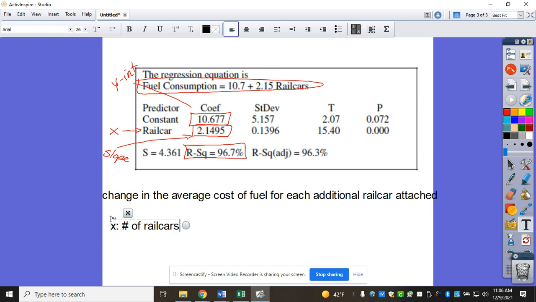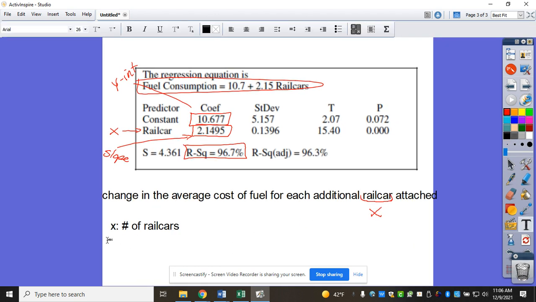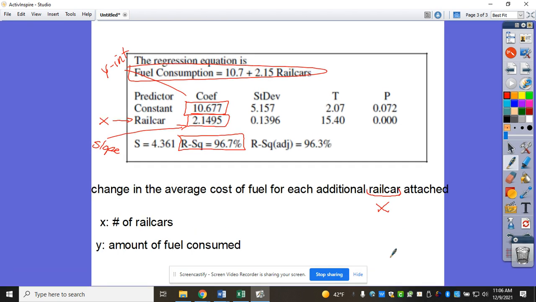So with what's above what I have written, this part right here, does that check out for this being slope? Yes, because for each additional x, well, that is my x. What is my y? Is that what this problem is talking about? It looks like that's what's here, but how is this